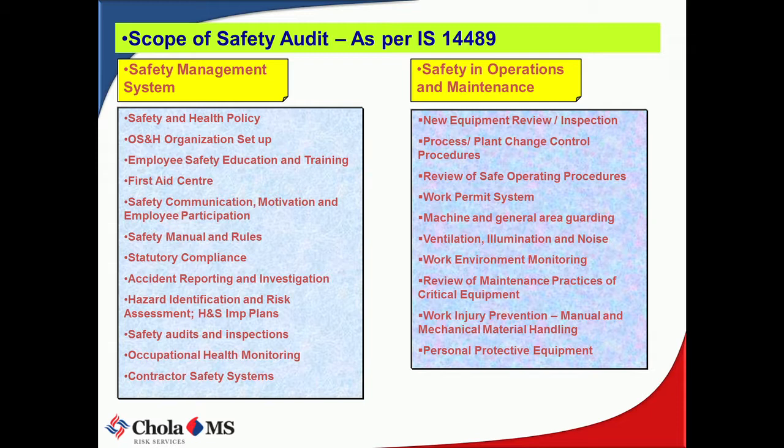What is their organization setup? Is there a safety officer? Say, a requirement of factory sectors that for every 1,000 people they need to have a safety officer, above whom a safety manager, and he has to report directly to the chief executive. So is there a system of that? Are the people trained? Are the people given training on safety? Maybe they are given training on their operations, but are they given training on safety also?